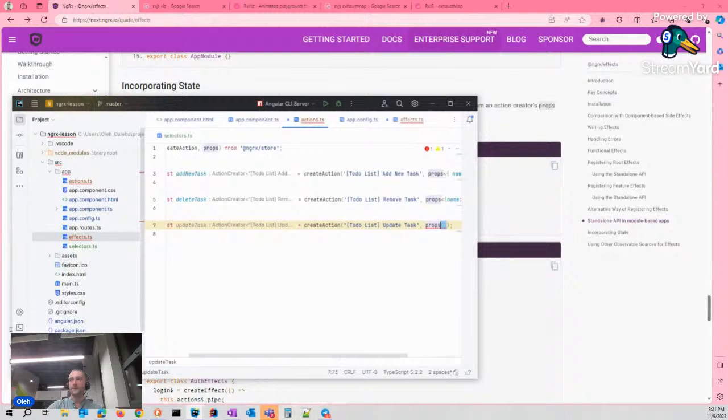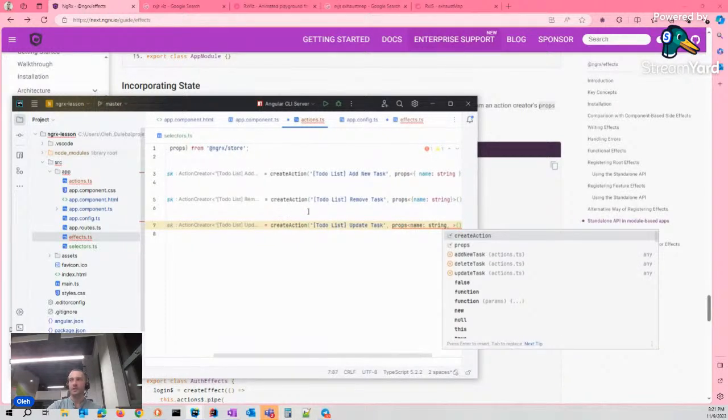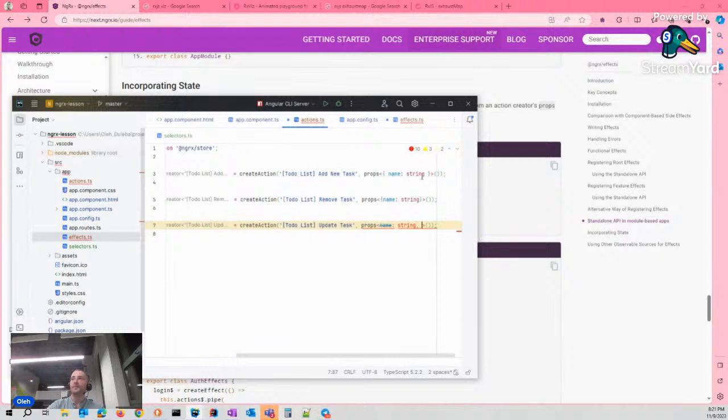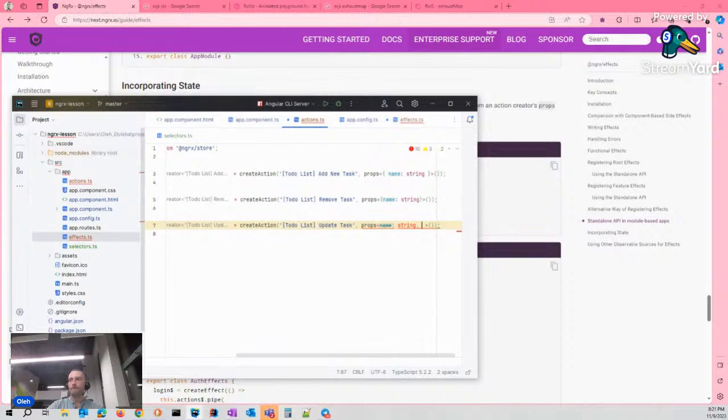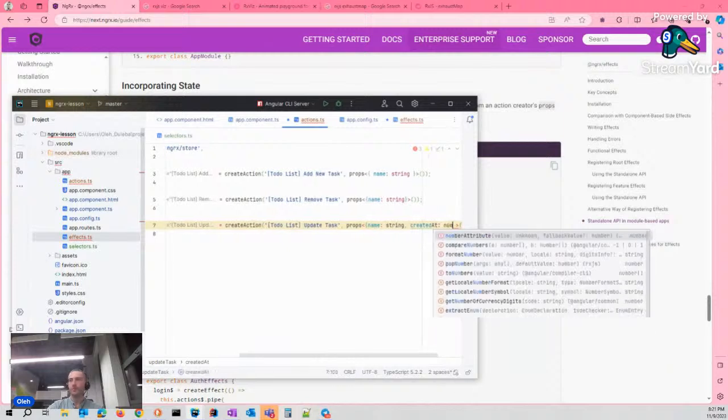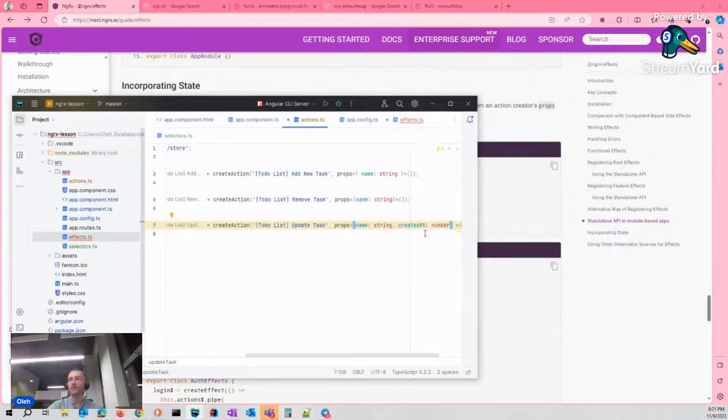I need two arguments. First, the name, because I somehow have to define my task, and the second one, the additional parameter, created at. It's like a number, UTC format.